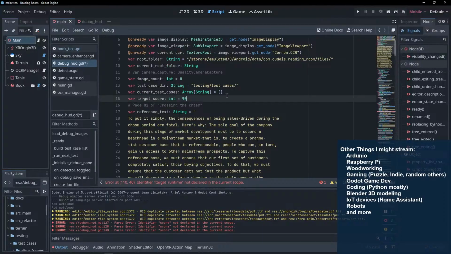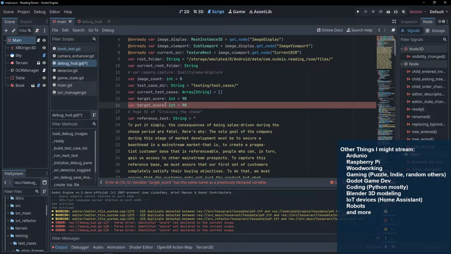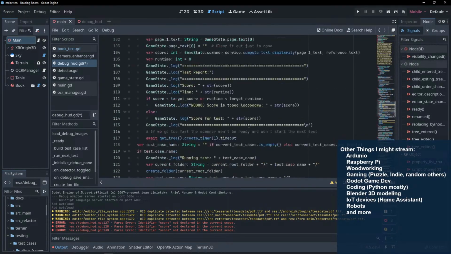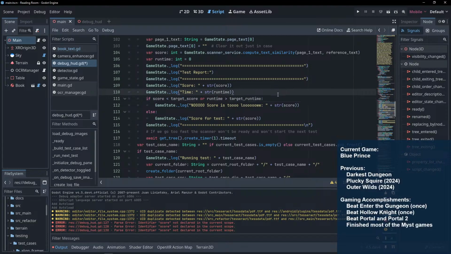Let's just hard code that for now. And actually it's going to be longer than. So we'll say if it took longer than the target runtime, then instead of, we're going to do